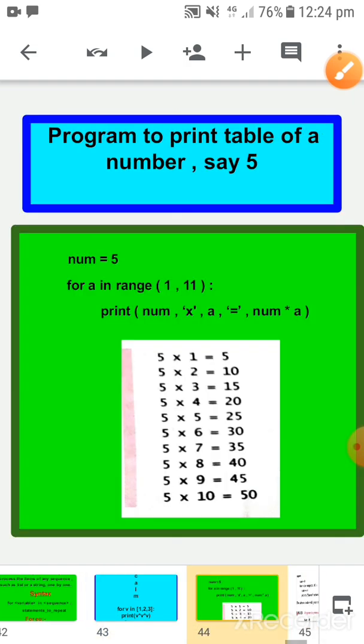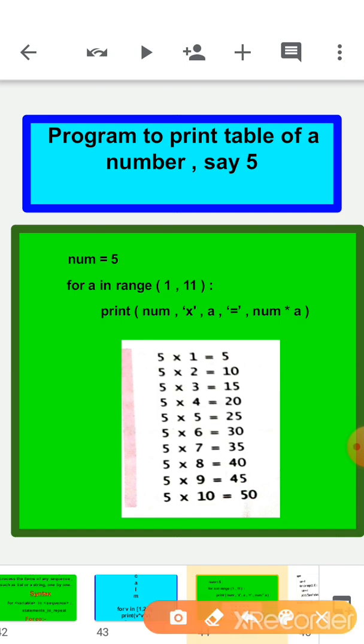Now next example, a program to print a table of 5. You can print any table, but here one example is given, that is the table of 5 only. So num equal to 5. Then for a in range(1, 11). So 1, 11 means it will start from 1 till 10 only, because we always subtract 1 from the upper limit.